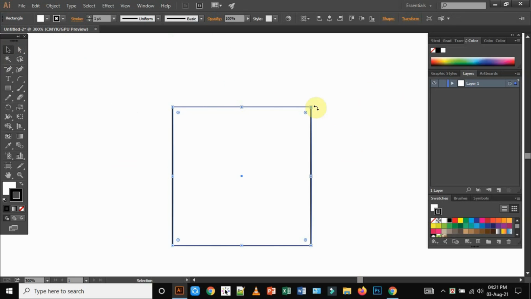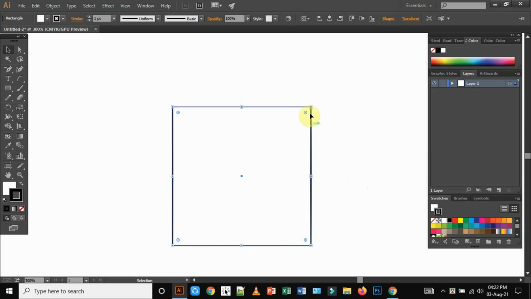See, there are a few points. I mean this point, here is a smaller square, this point, like all of these. This is called a handle. And there is another name for it. What is that?